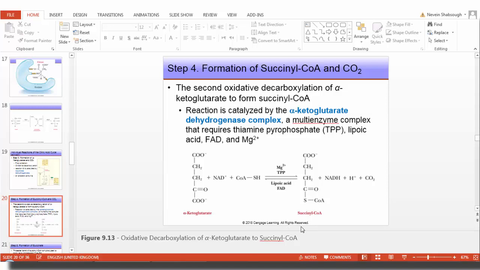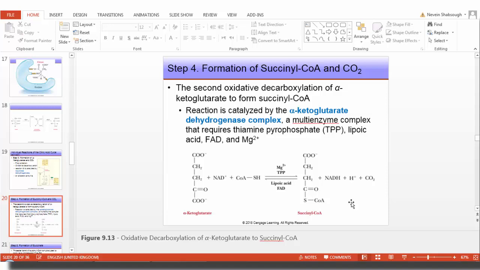The reaction takes place in several steps, and again there is the requirement for these coenzymes. The reaction is highly exergonic, as is the one catalyzed by pyruvate dehydrogenase. So at this point we can say that 2 molecules of CO2 have been produced by the oxidative decarboxylation of the citric acid cycle. Removal of the CO2 makes the citric acid cycle irreversible